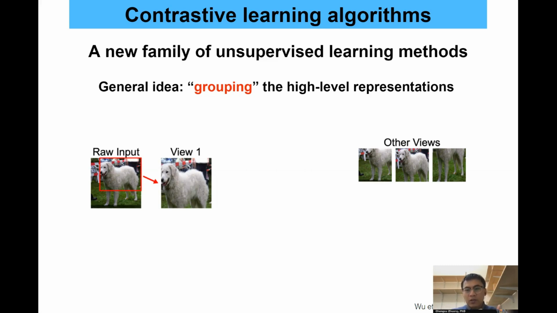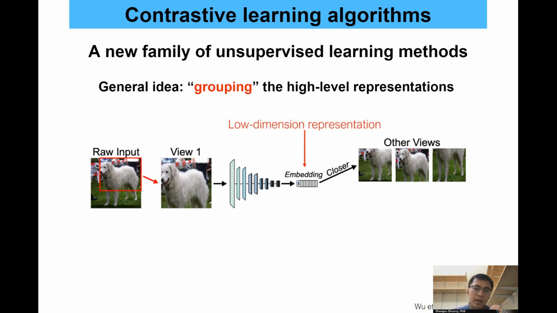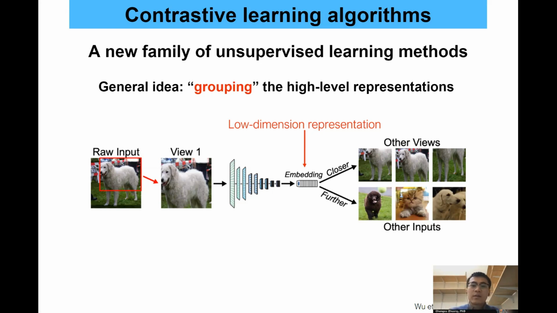And the training algorithm will then require these different views to generate similar representations in the high level, meaning that the embedding of these views should be similar. Here, embedding is just a word for the low dimension representation that's outputted at the high layer of the network. But grouping is not just putting things together, because grouping actually implicitly requires multiple groups, right? This is the second component in this loss definition, where it also separates the current embedding from other embeddings that are from different images.